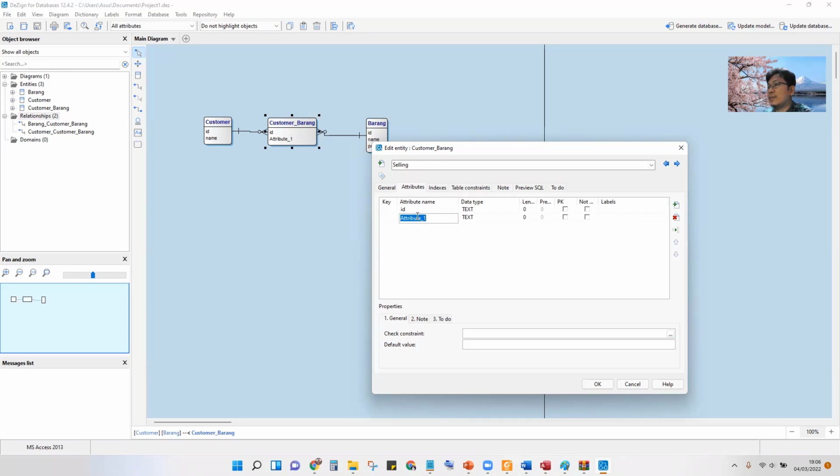The transaction ID is usually automatically inserted when the cashier opens the transaction. For example, this is the ID. Usually we have this is the barang, and also this is the ID for customer.